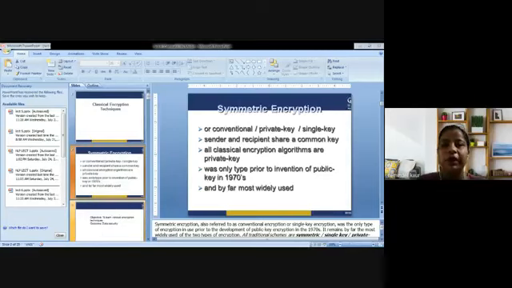Let's talk about the same. That is a very simple term. What is symmetric encryption? What is basically symmetric encryption? As we all know, it is a technique that is used to secure the data, that is used to provide protection to the data that is being transmitted between two parties.